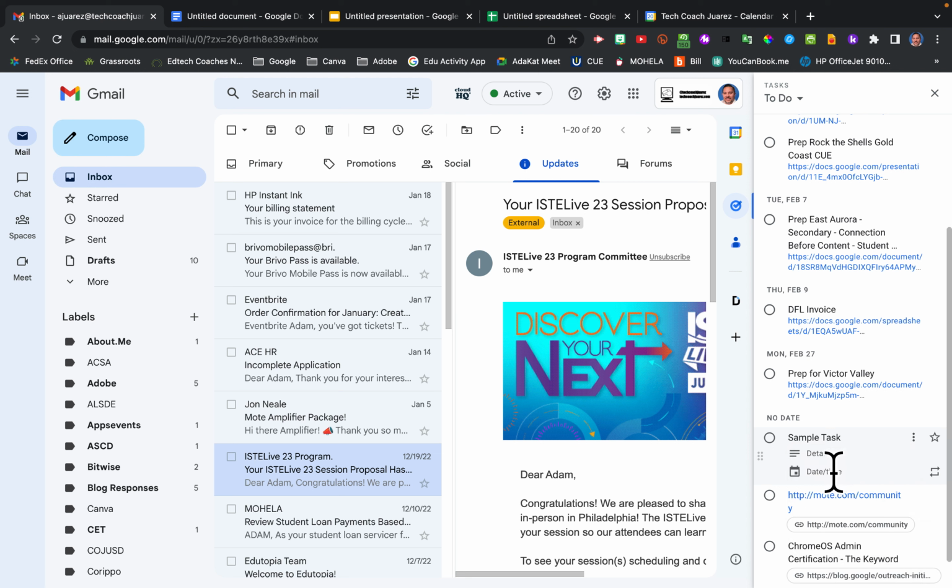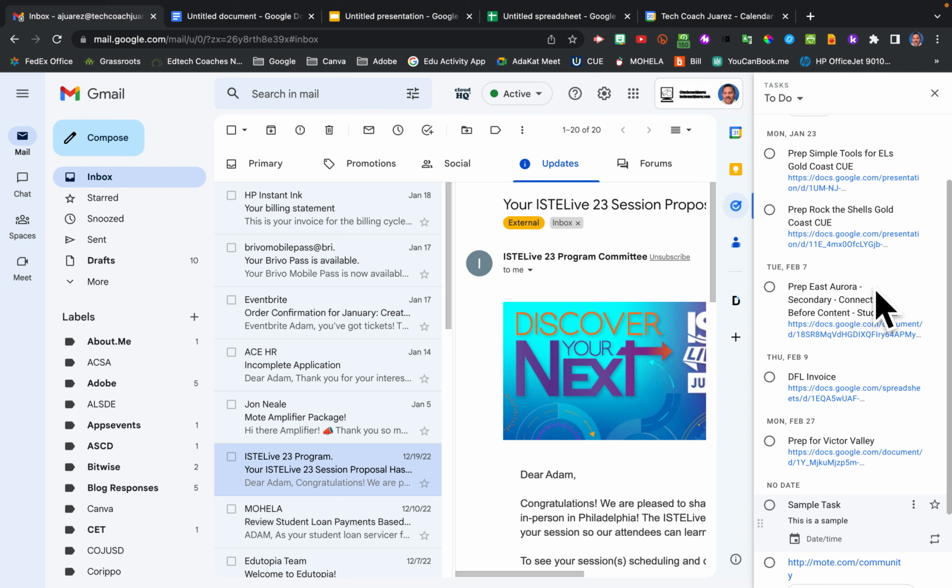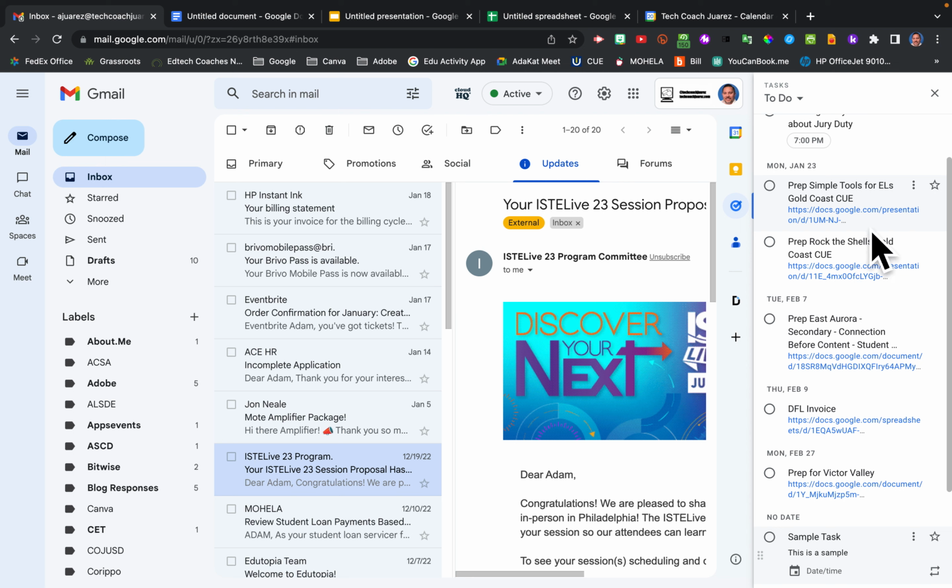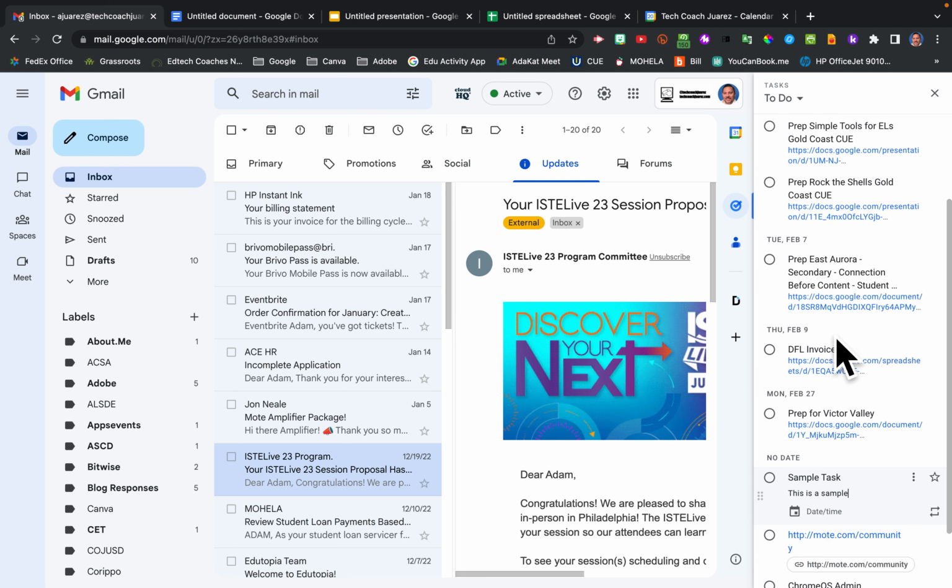So what I'm going to do right now is click on the details here. I can add extra details here. It is a sample, so any other details that I want to add besides just the title of the task. If we take a look at some of the ones that I have already made here, I actually have pasted some links. So for this one, for this date, I need to prep a presentation. I've already started my slide deck, so I actually put my link in there. So I can just click on there and start building that presentation. So that's one way you could find the extra details very useful